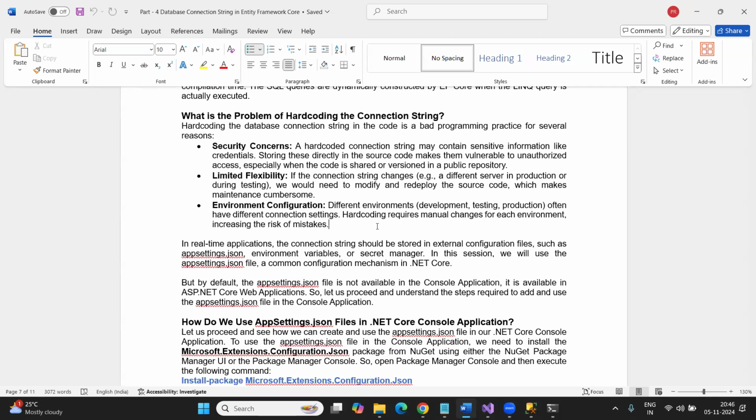So this is going to be error prone. So if you want to avoid these things, then you should not hard code the connection string within your application code. And what is the best option? There are multiple options. You can store the connection string right in secret manager. You can store them in the environment variable. But for now, what I'm going to do is show you how to store the connection